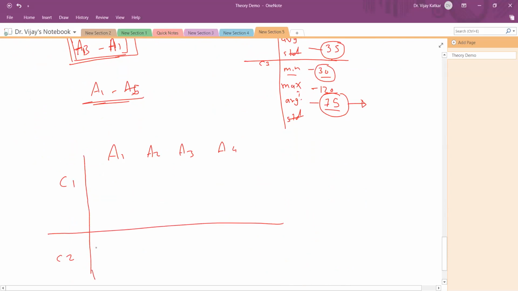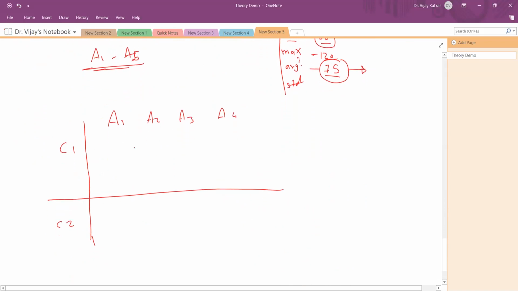And for both the classes, my situation is something like this. Let's say the situation in terms of minimum value, maximum value, average, and standard deviation. So let's say the minimum is 10 over here, and a minimum is 10 over here. Maximum is let's say 40 over here, and maximum is 50 over here. Average is let's say 25, and average is let's say 27 over here. Standard deviation 3, and standard deviation 4 over here.